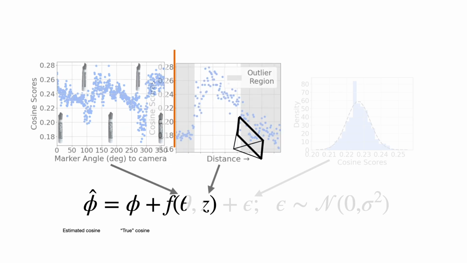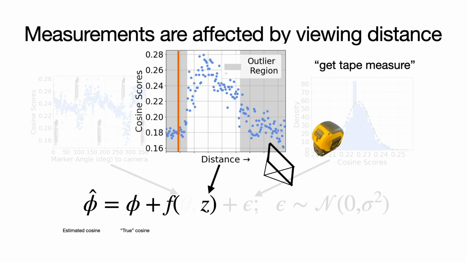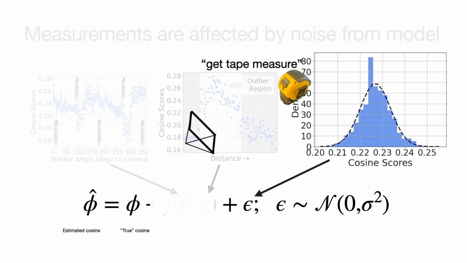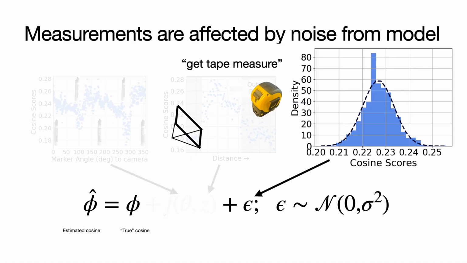Next, we show that measurements are affected by viewing distance. Objects that are too close to the camera or too far away are not observable, creating outlier measurements, as demonstrated in this experiment with a tape measure. Lastly, given a fixed camera and fixed object, we observe approximately Gaussian white noise caused by noise in the foundation